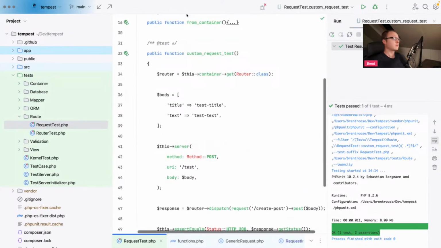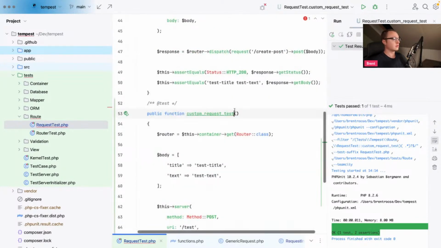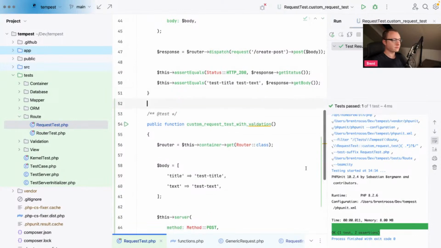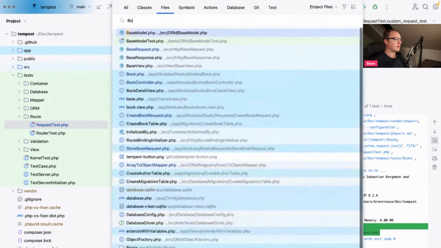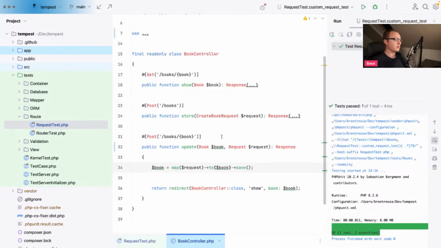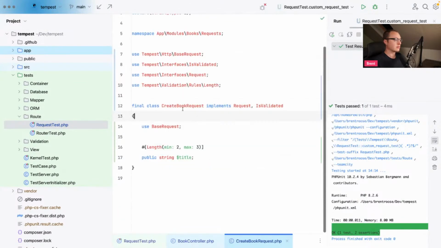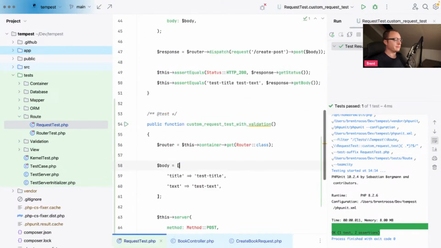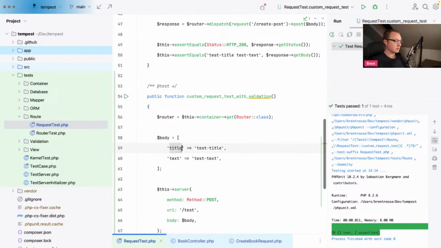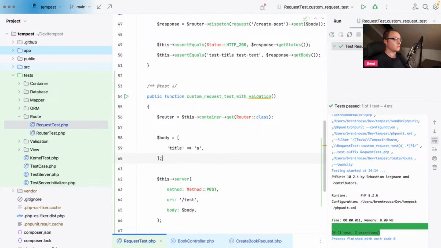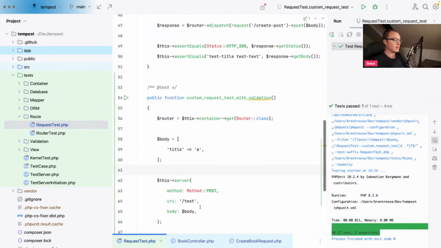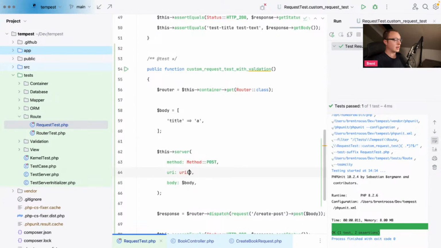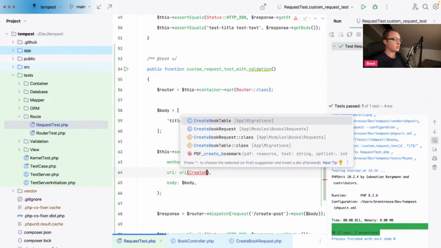So what happens now if we use a custom request with validation? So let's take a look at our book controller here. We have our create book request. Okay. So the only thing we're going to do, our body is, what was it? Title, and it should be, so this should fail basically. This payload should fail. And it should go to the URI of